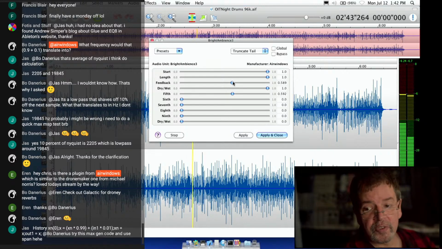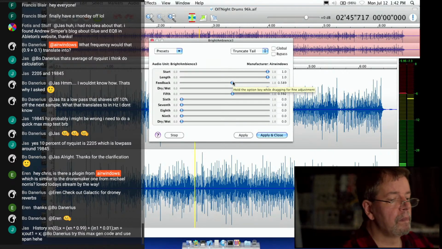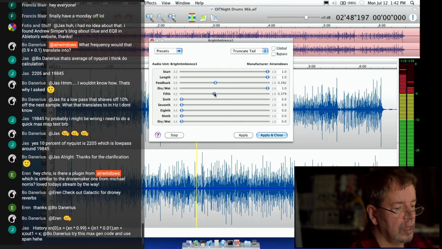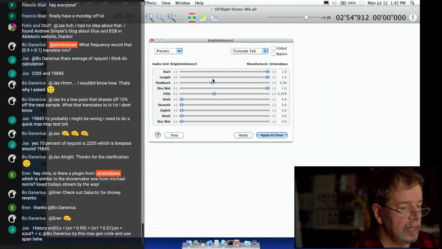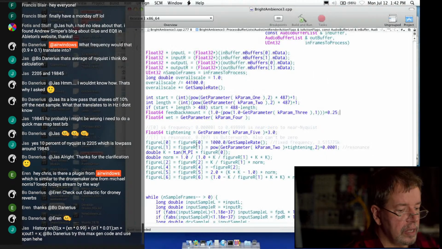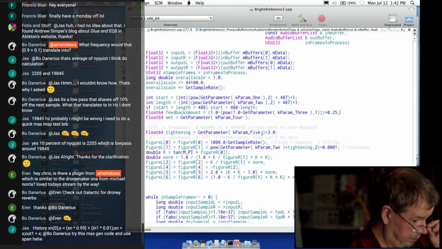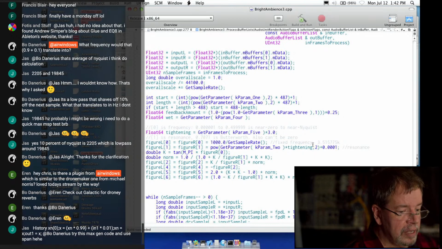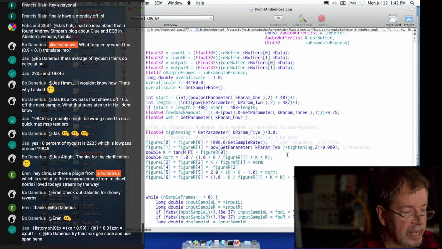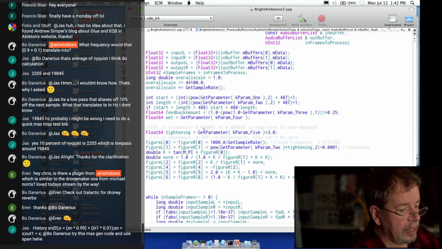So if we have less feedback, it automatically widens out. Yeah, let's see what that's like, because I do have that now. So let's see, where were we with that? So tightening is get parameter 5. And I've already got this parameter 2 multiplied by tightening, but if tightening was instead parameter 3,